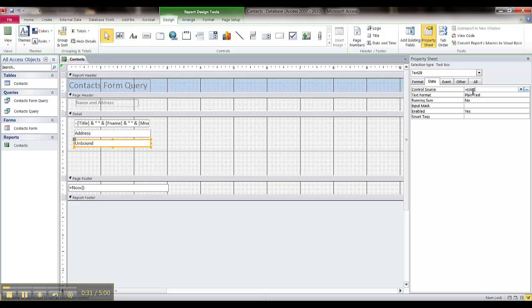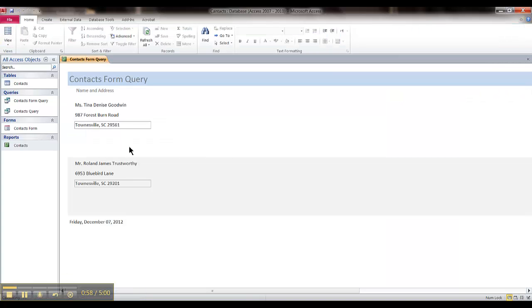close brackets, and quotation mark, comma, because there's a comma between city and state, quotation mark, and open brackets, state, close brackets, and quotation, space, quotation, and open brackets, zip, close brackets. Press enter. And now when we go to view, you'll see that we have condensed all of that information into